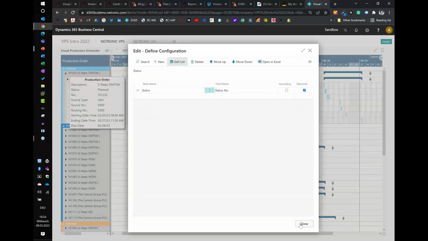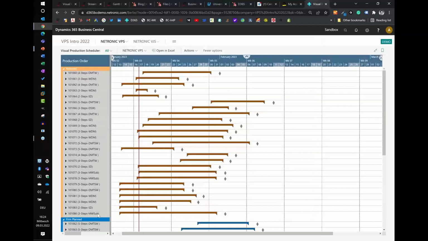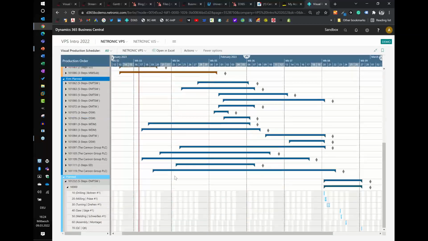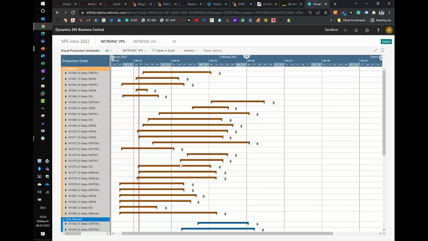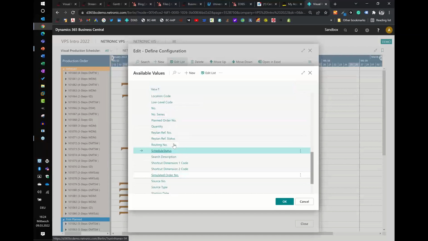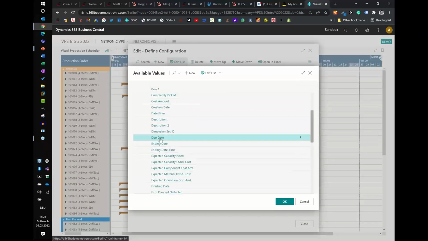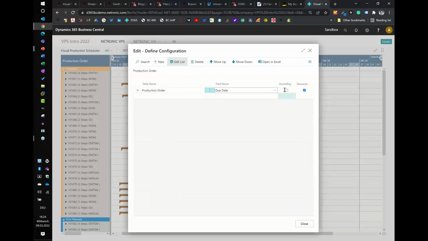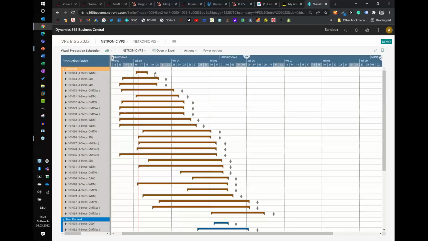And if you do this descending, then you have the released production orders first, then the firm planned, and then the planned. And then you might say, okay, but I want to see the production order at the top that has the due date closest to now. So right now, the production orders are sorted by the production order number. So I see first the production order that I put first into the system, but I can sort this by due date. I want to see a production order field. I want to go by due date. I want to go ascending, and then I have the one that is released with the closest due date to today